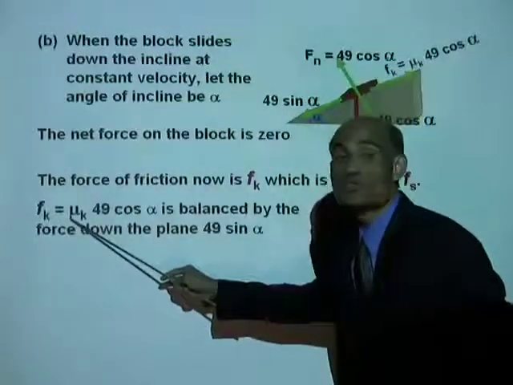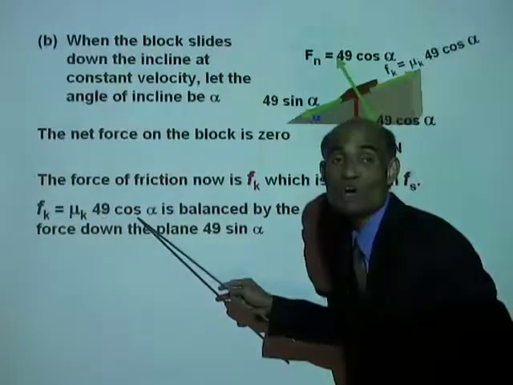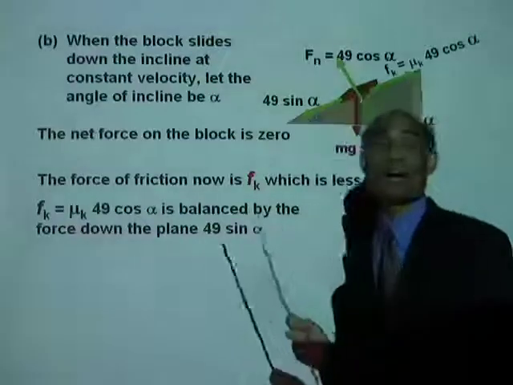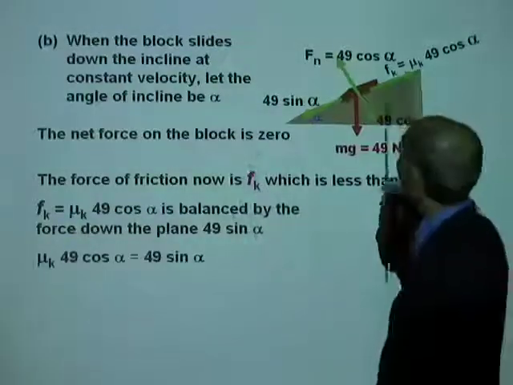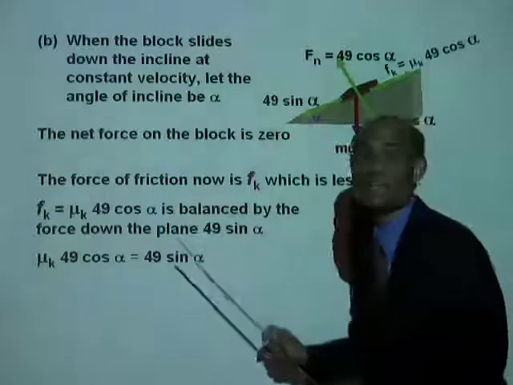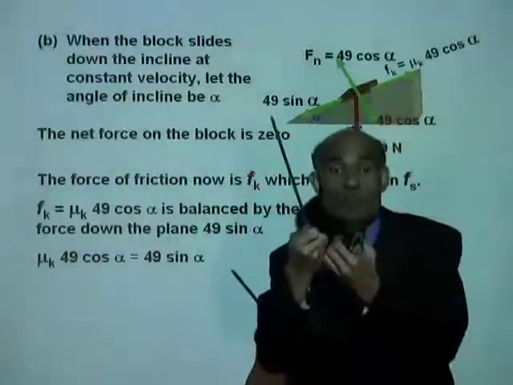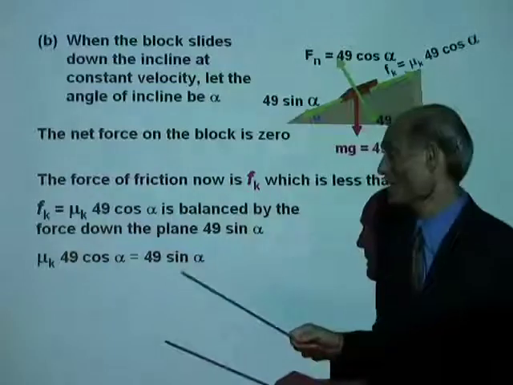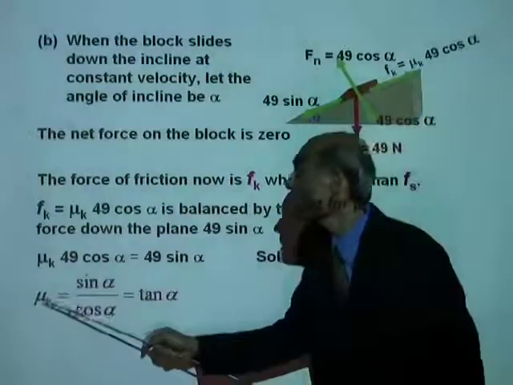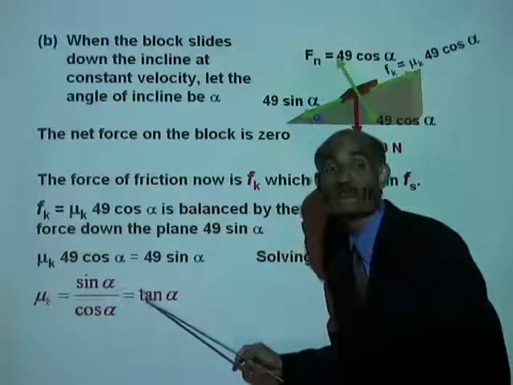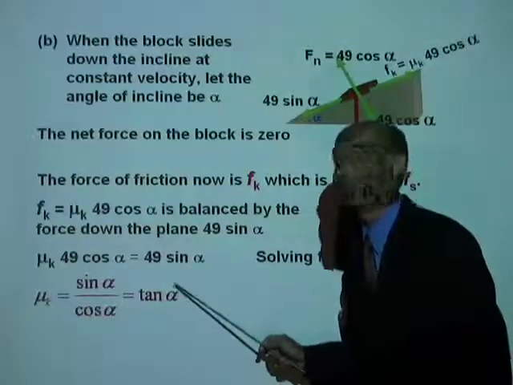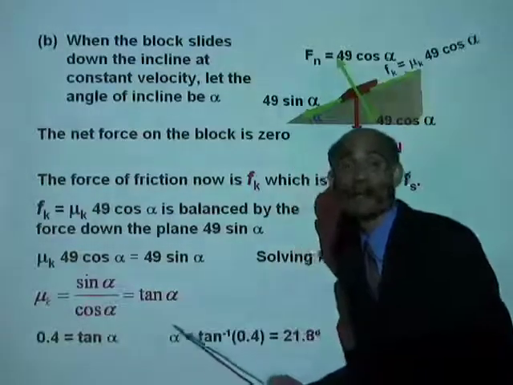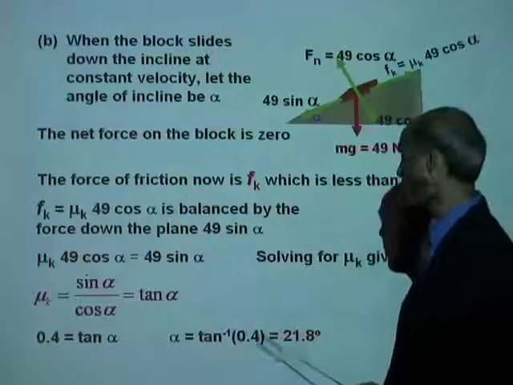So Fk equals mu k mg cos alpha, mu k times 49 cos alpha. That is the force now acting up the plane, and that force equals 49 sine alpha. That is when the forces are balanced, and that is when the object will be moving with uniform velocity. Now, solving for mu k gives you mu k equal to tangent of that angle. So alpha is therefore tan inverse of mu k. Alpha is tan inverse of 0.4, that is